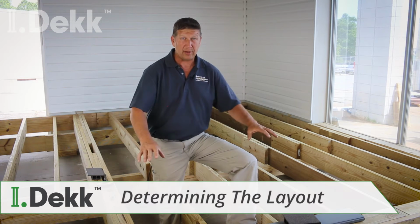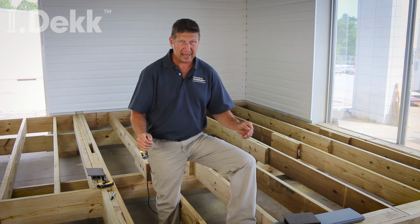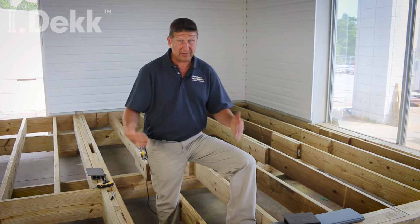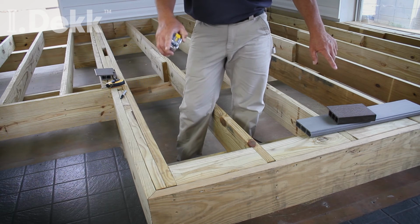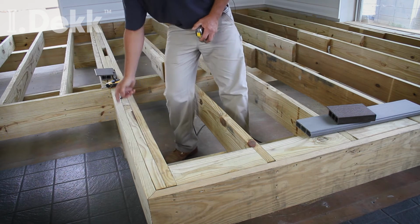We've inserted all of our blocking to support our deck boards, and we're ready to start laying out decking. Now, we're going to lay this in a 45, and so we have to establish a starting point. So what I've done is I've measured back from the corner 36 inches in each direction and marked it. And in order to hold my chalk line, I put a little notch here with my